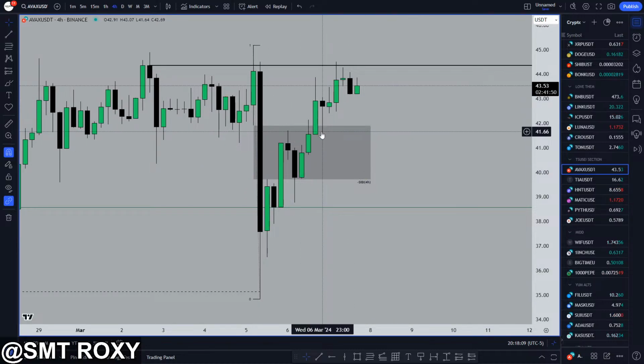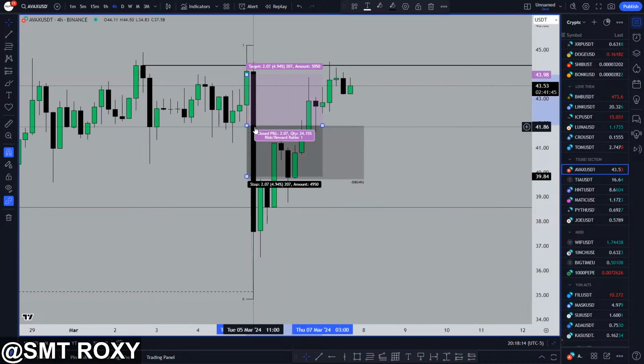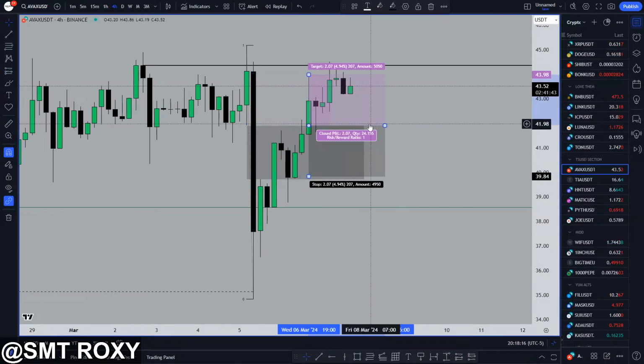We came back down, we tapped up into it. That could be your entry. And then eventually you're holding to what? You're holding till you get to the highs. So very simple, very sweet move.